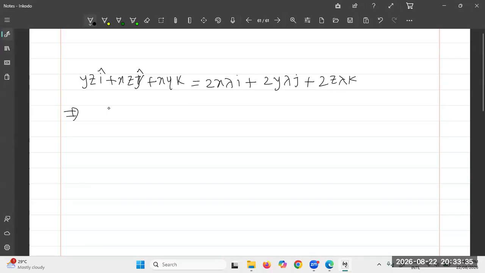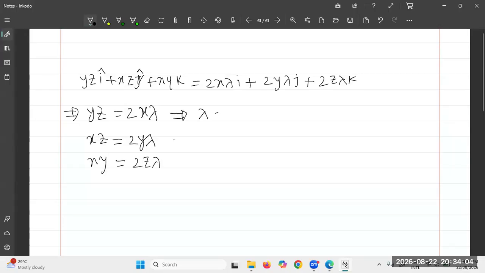So from this vector equation we can write yz is equal to 2 times x lambda, and xz is equal to 2 times y lambda, and xy is equal to 2 times z lambda. So from the first equation, we can write lambda is equal to